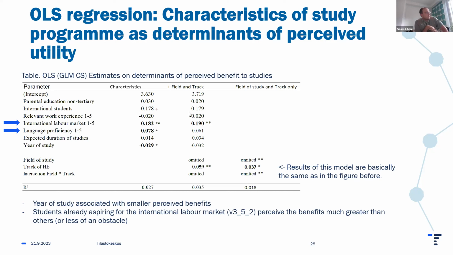And what we find here is that indeed the perceived international labor market value of the current degree program, as well as students' language proficiency and year of study, are key predictors of the perceived benefits measure. Including field of education and track of education actually does not significantly increase the explanatory power of the model, leading me to believe that